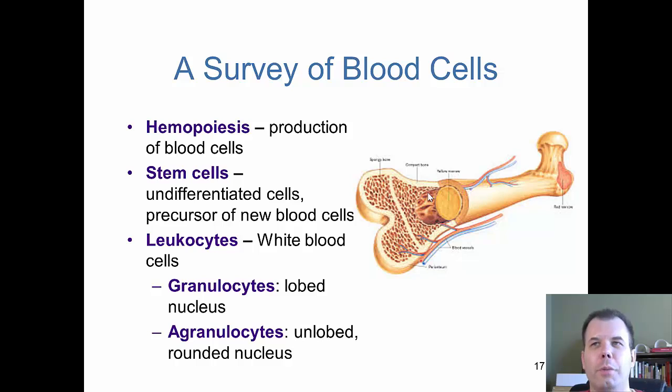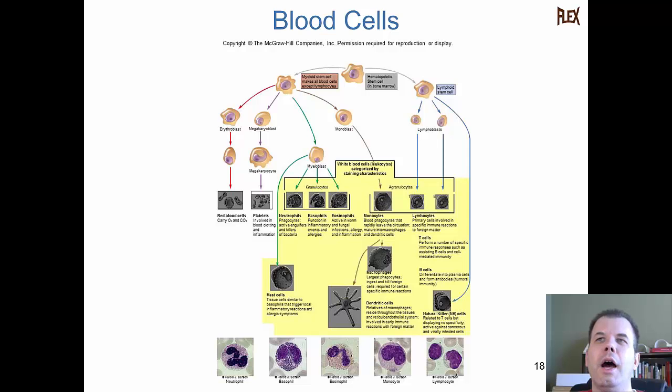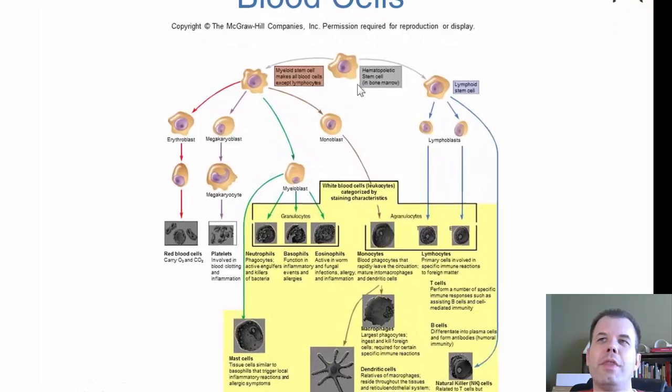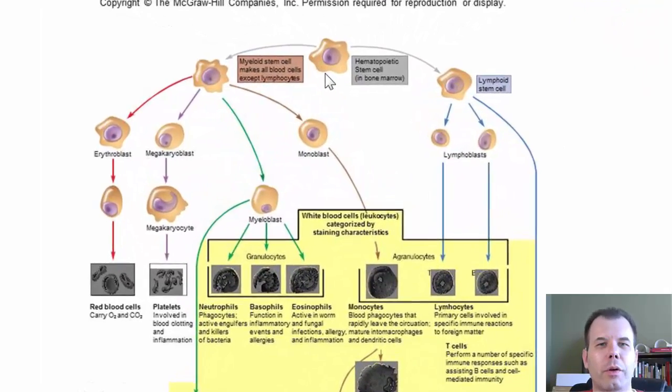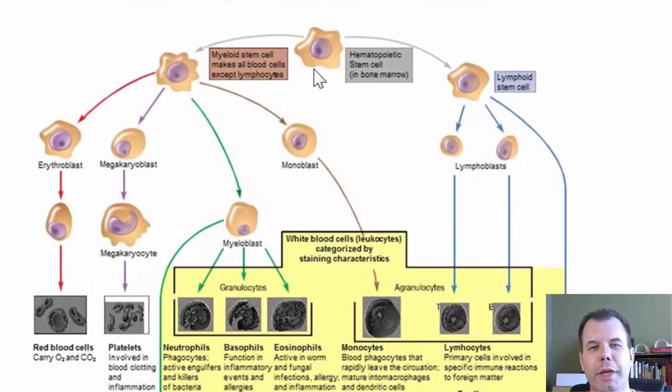Agranulocytes are the ones that don't. Again, I talked a little bit about stem cells. This would be the stem cell sitting in your bone marrow, and again, it can go off into any direction, making any blood. So we call this a hematopoietic stem cell,